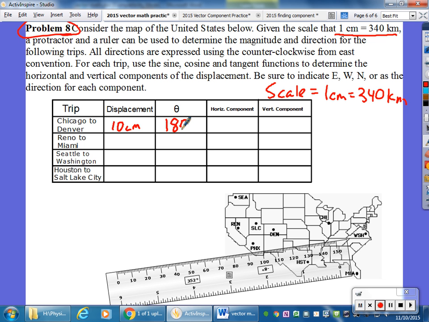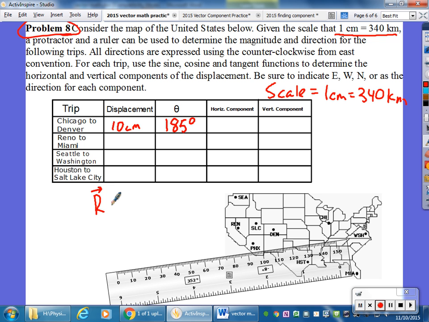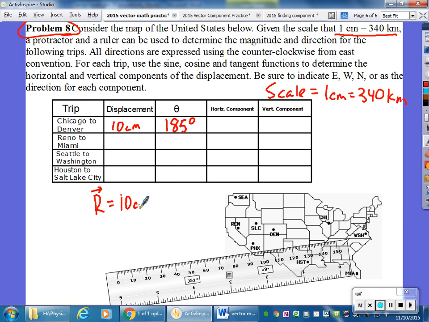so I'm going to say 185 degrees, and I'm going to say 10 centimeters. Again, I don't have a ruler that's going to be to scale, so it doesn't really help, but I'm making these numbers up. You use the numbers that are actually on there. I'll have this set for you, and so then this becomes your resultant vector, right? So this basically is like saying that you've got a resultant vector that is 10 centimeters times this, and you can get back to scale later, but 10 centimeters times this, and it's at